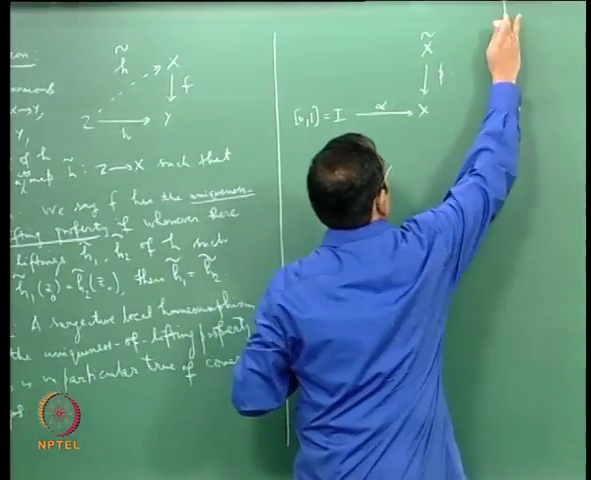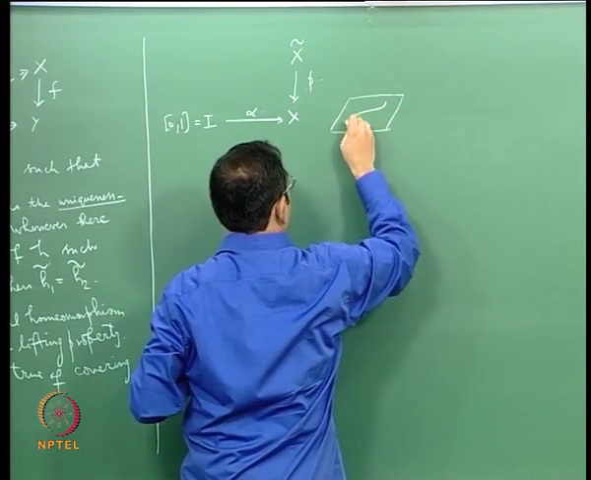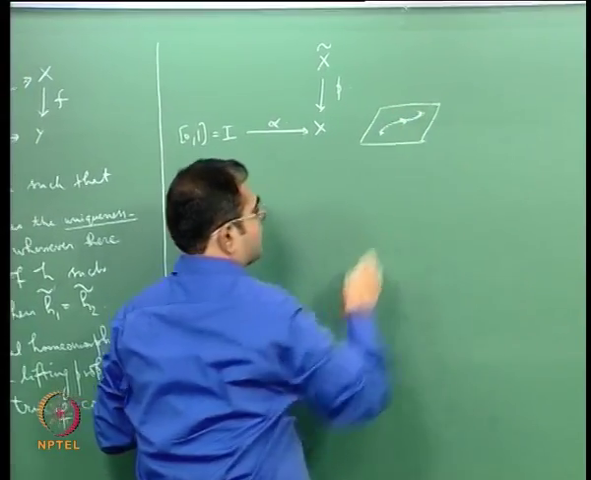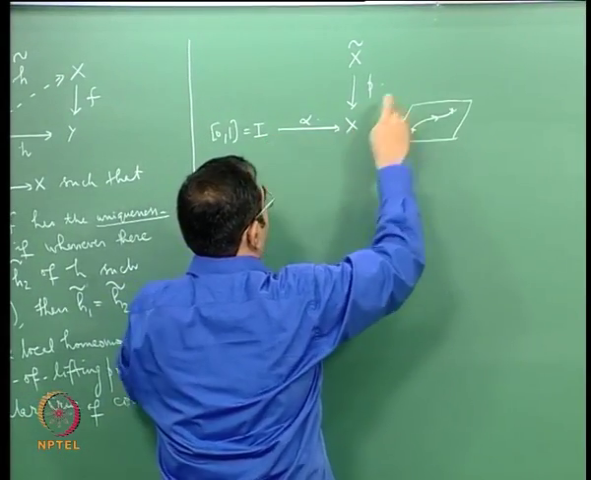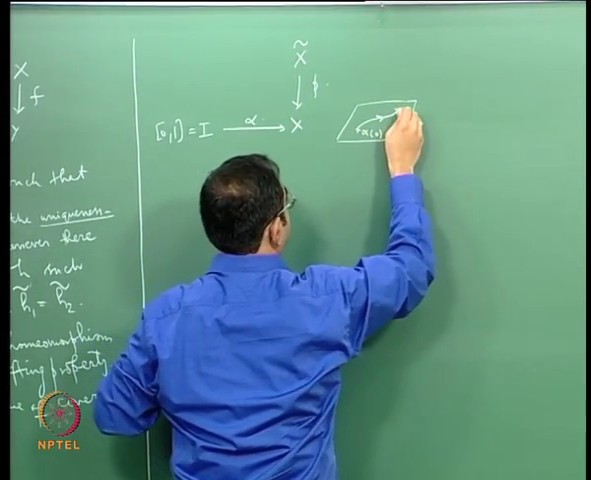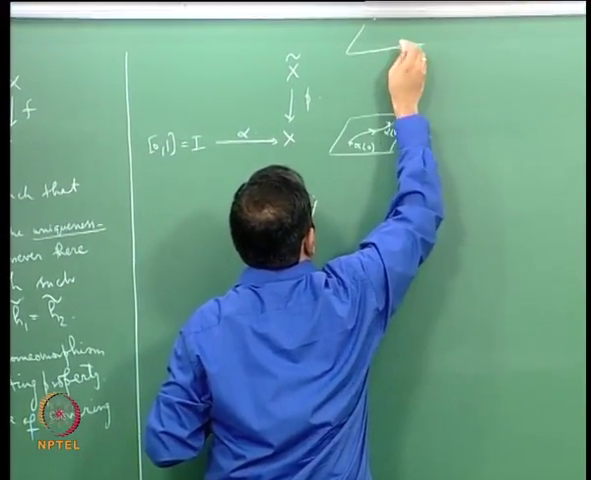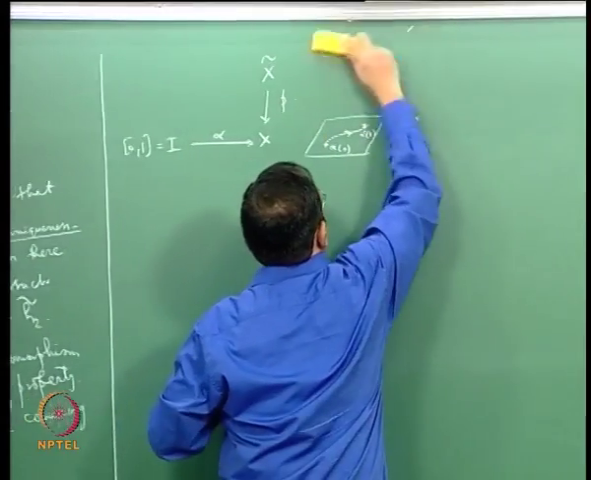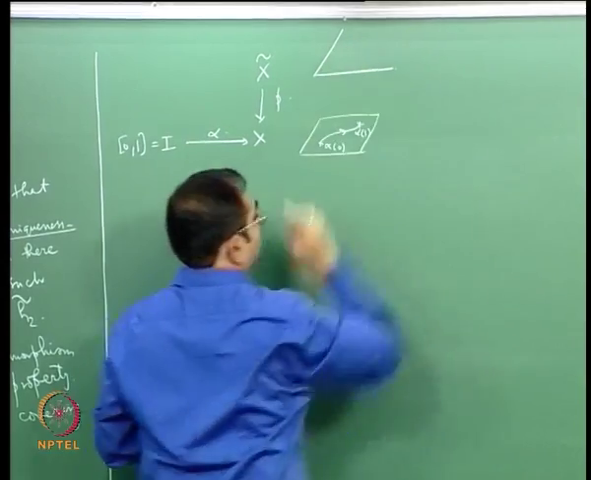So if I draw a diagram, then this is my x and I am going to get a path, okay. This path is going to start at alpha of 0 and it is going to end at alpha of 1, right. Now suppose I am able to find, so you see, this point is alpha of 0 and this point is alpha of 1, okay, and there is this covering space above, and let me draw it with a little bit more space so that I can